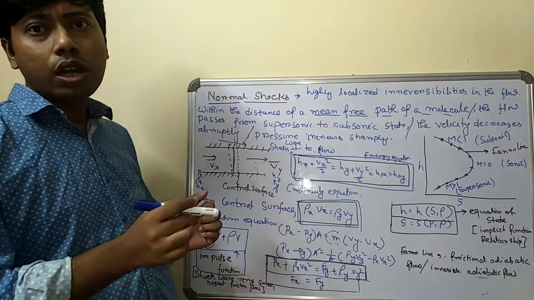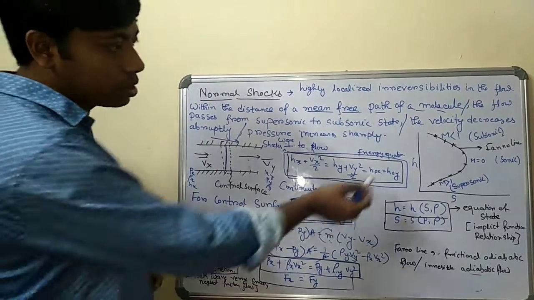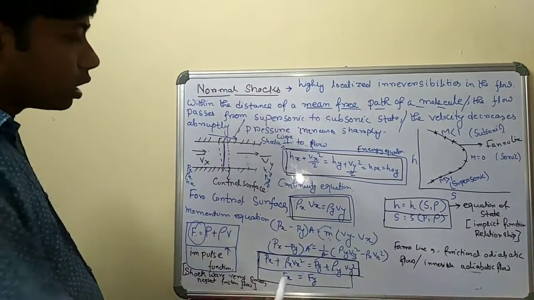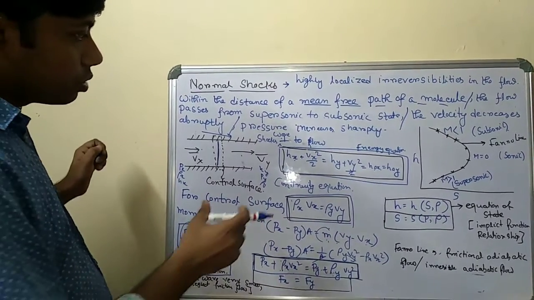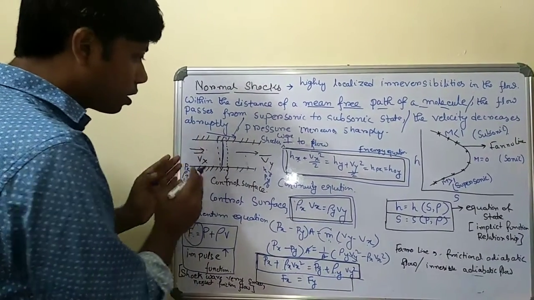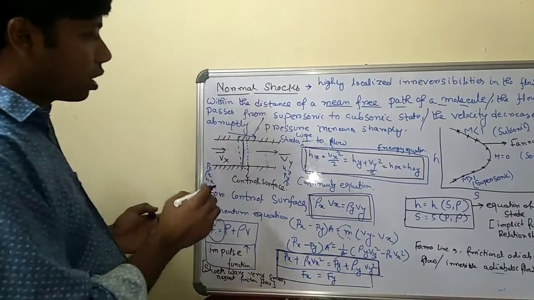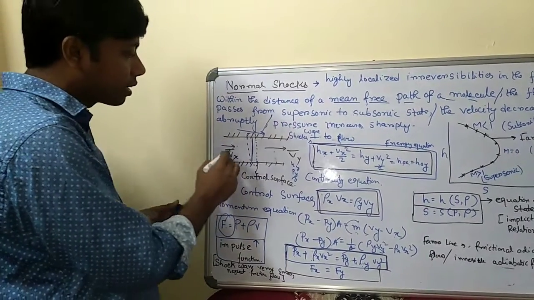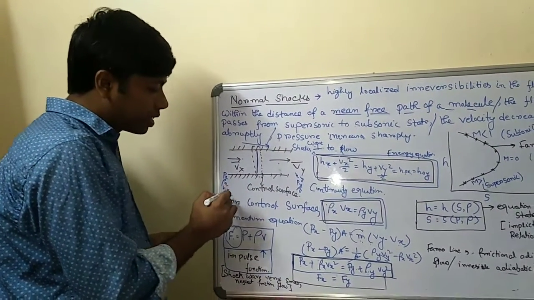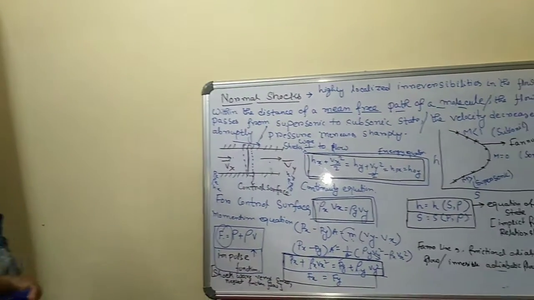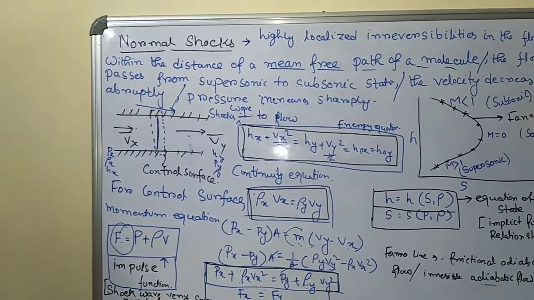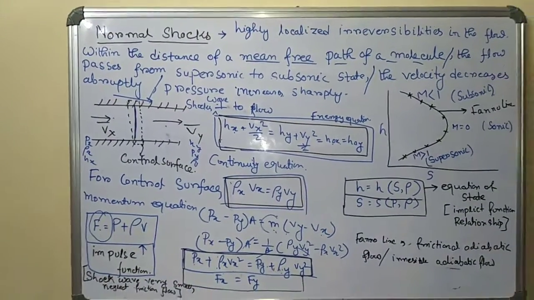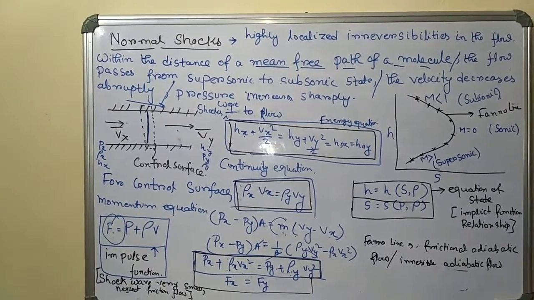if you want to draw a locus on an HS plane, suppose this is an HS plane. Now, suppose you just fix some properties like Vx, Hx, rho x, Px. There is one more question for you. You can tell me that there are some properties. Suppose you assume that